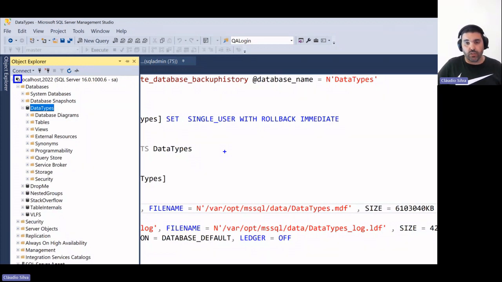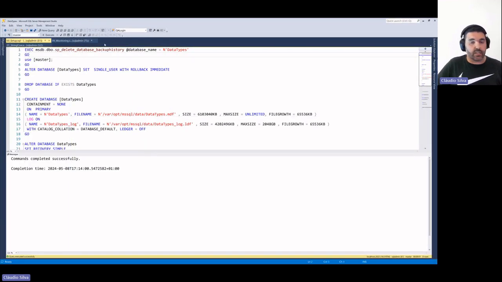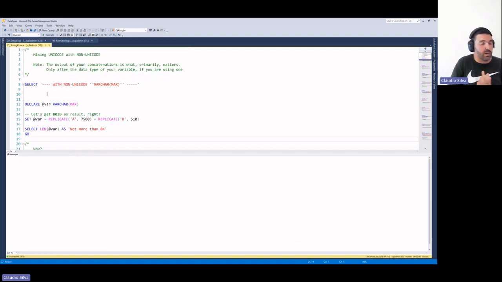So if you want to work by yourself later, you can grab the code, you can create a database, and you can go through each demo to understand something that maybe you missed, or to test a slightly different approach. So first demo. Let's start talking about string concatenation.